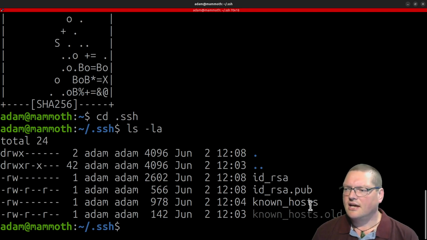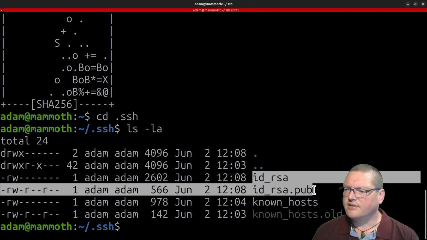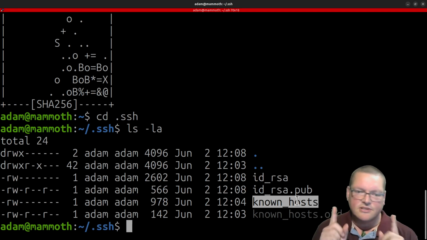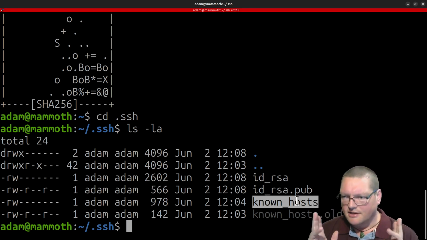Well, I've got a known_hosts.old file there for some reason. Anyway, these are the two that we've actually generated. The known_hosts file here is basically saying, okay, we now know the fingerprint for the vagrant